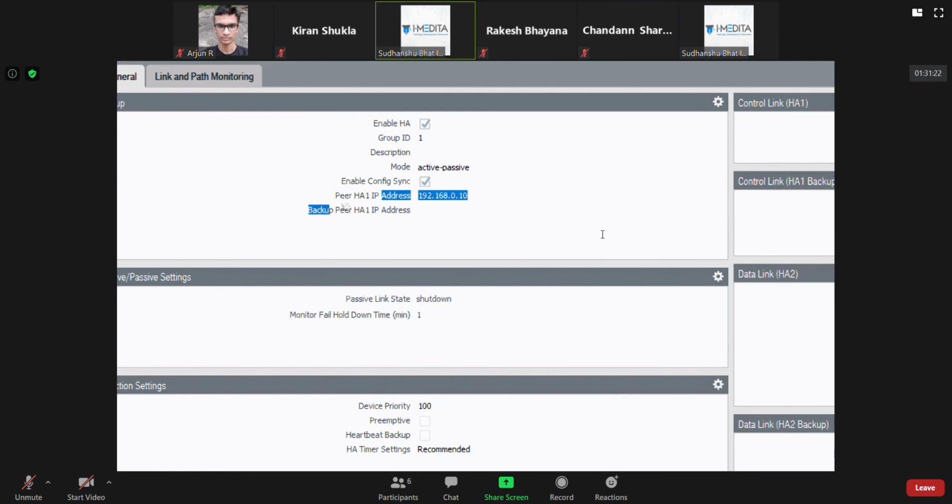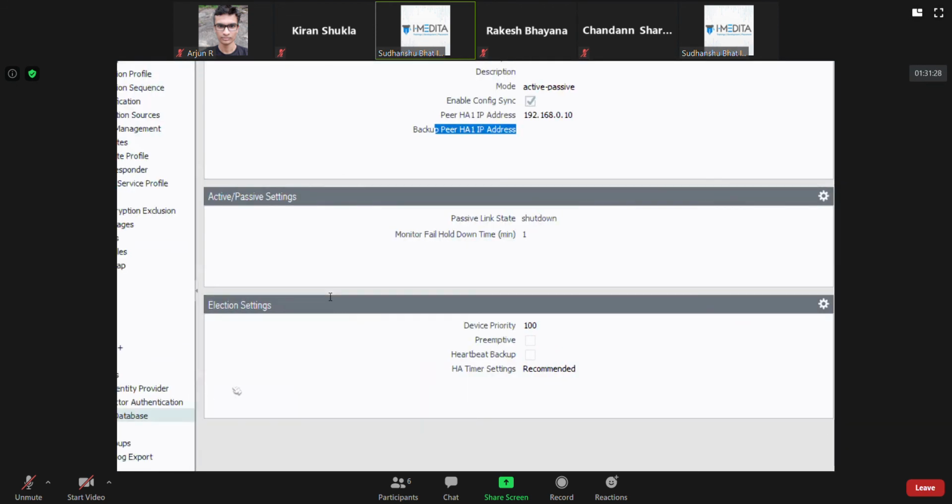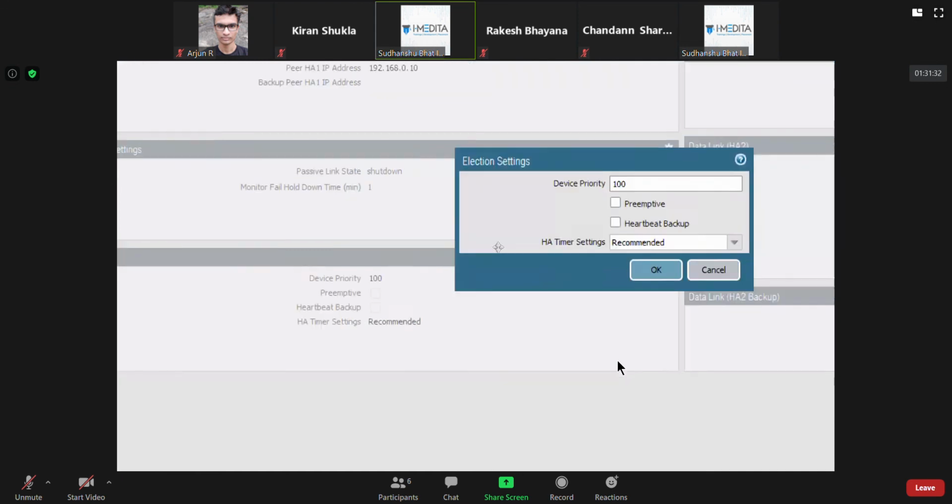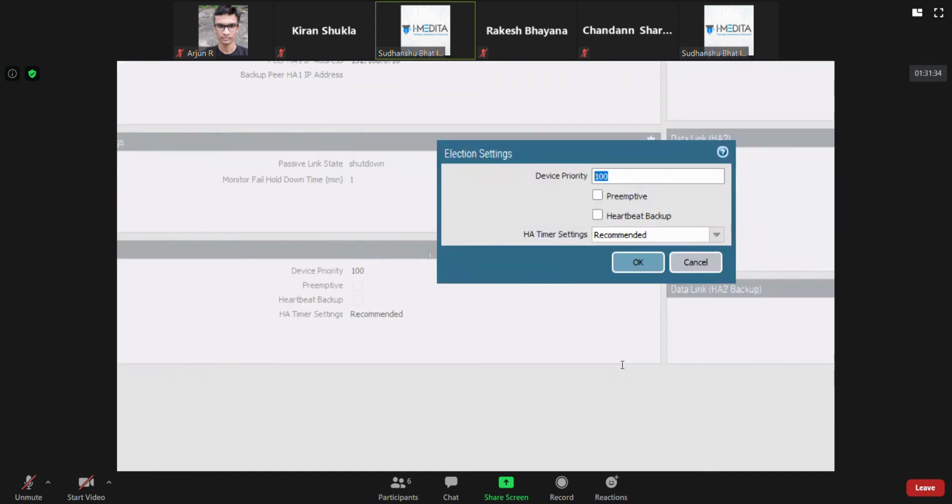If you have a backup link, you can configure the backup HA1 link's IP address as well. Next, you have election settings where you can decide how much priority you want to give to what. Suppose I want to give it a priority of 50, and whether you want preemption or not. Let's say we want preemption.